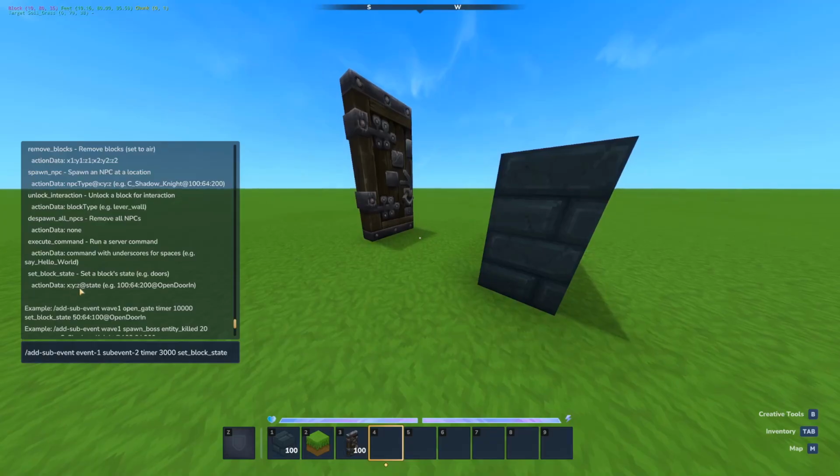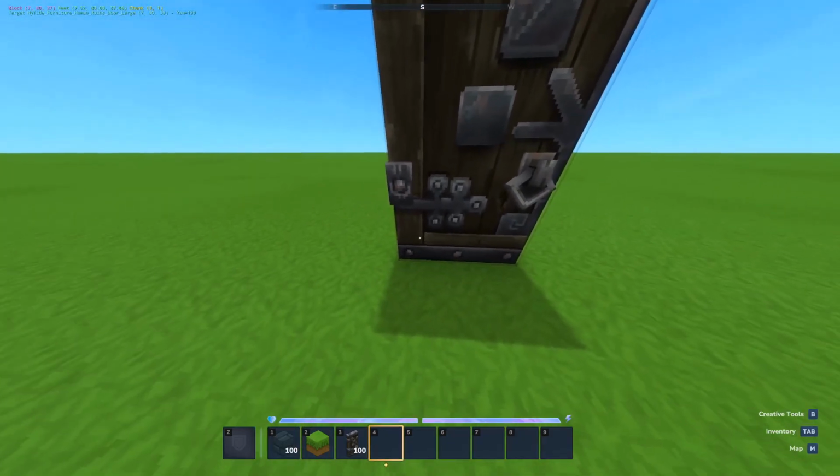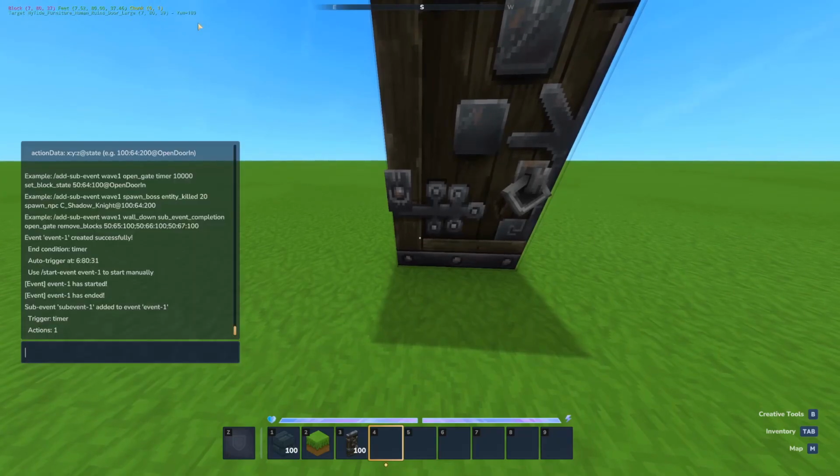And then the data will just be the coordinate of the block, so in this case it would be this corner of this door. So the coordinate is 7, 80, 39. Sorry if it's hard to read up there because the color is kind of blending into the sky, but it does say 7, 80, 39 as the coordinate of the door. So 7, 80, 39, at, and then whatever position you want the door in. So in this case,